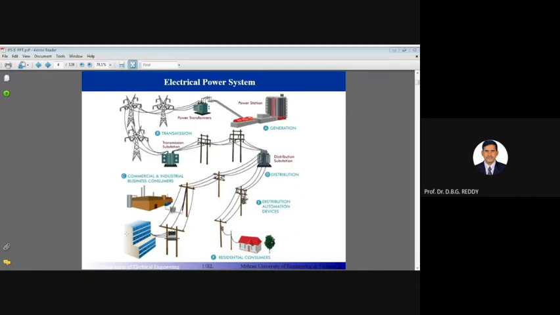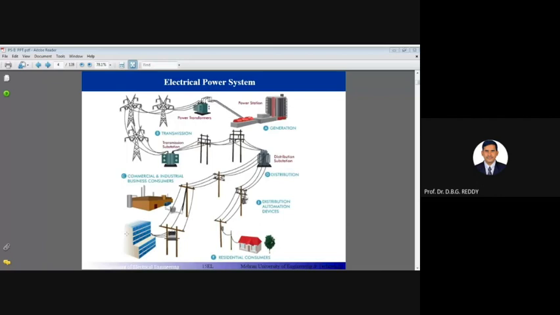Five types of load will be there. It means that power from the generating station finally reaches the end user customers only. These are all man-made systems only. Between the generating station and the end user consumer, we have to run the power through